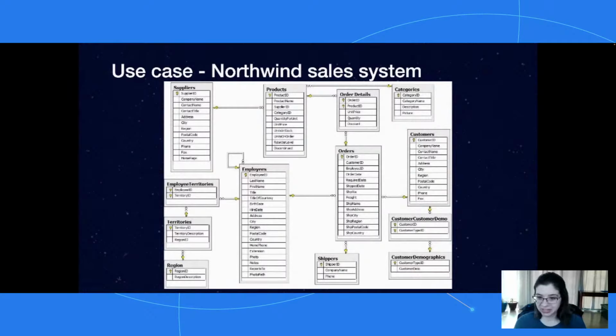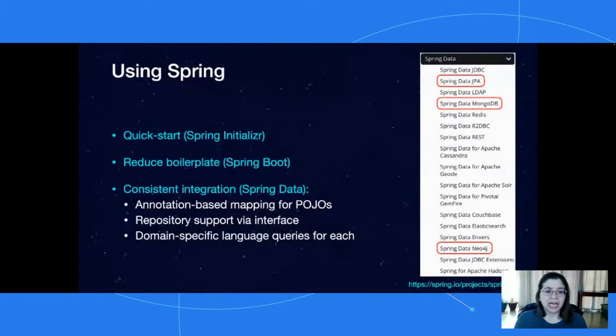But we're just going to stick with this for today. And we're actually going to focus in on a very narrow portion of that. But this is the whole broad Northwind sales system that, if you're testing or playing with or a student of database classes, you might import this data. So it's orders and products, and then you'll have some customers and employees that manage the orders and suppliers and the whole chain basically there. We're just going to focus in today on orders and products, and I'll talk more about that in just a second. But this is the data model that we're going to be dealing with.